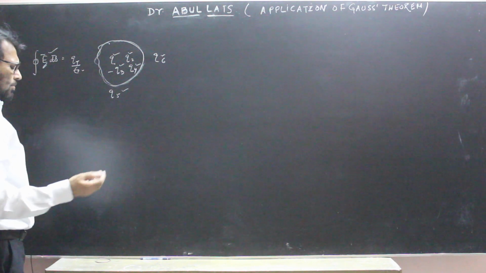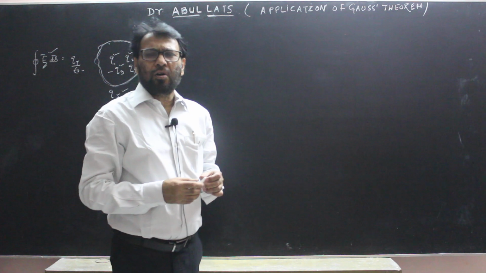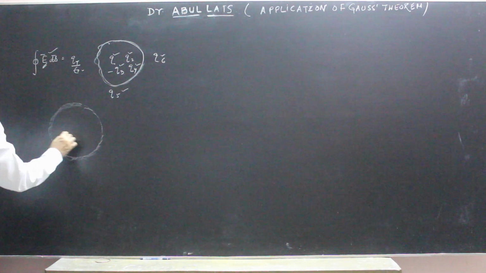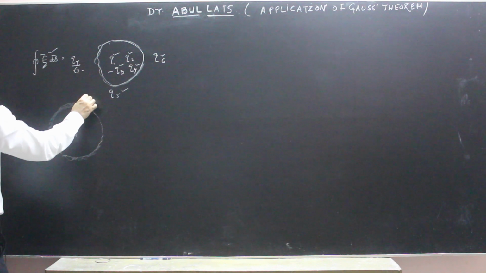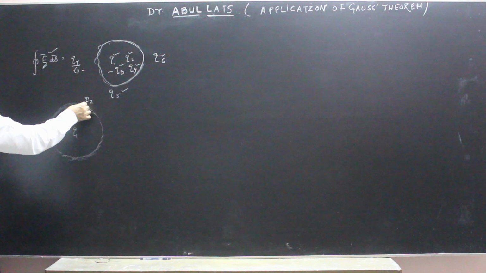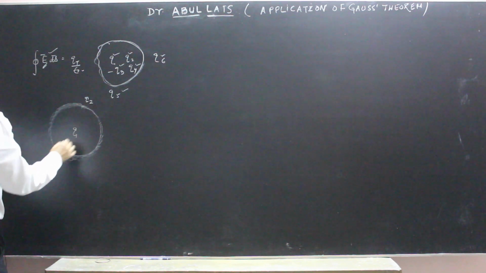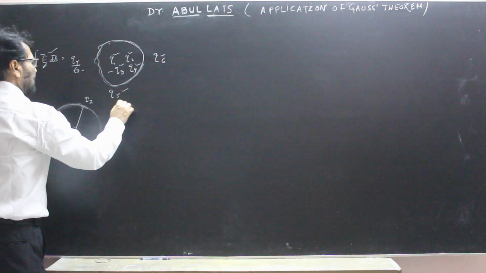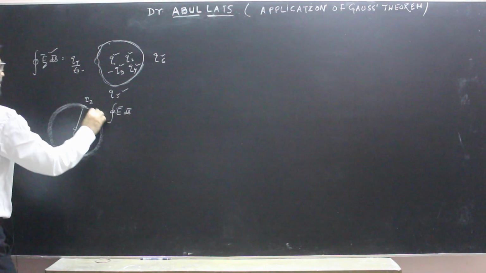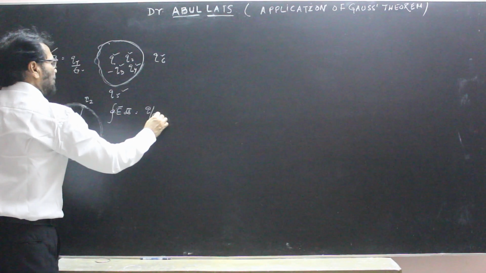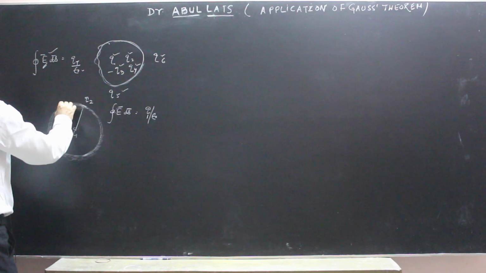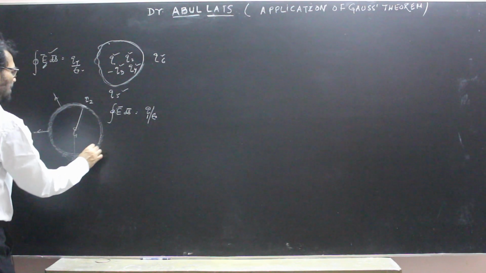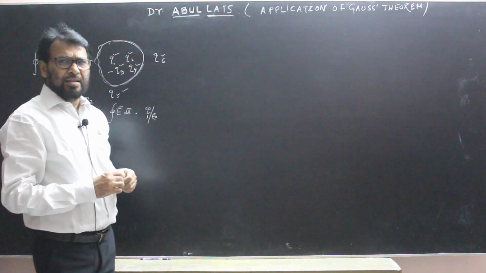Now we can have so many uses of Gauss's theorem। मैंने Gauss's theorem की मदद से कूलम्स लॉ को डिराइव किया था ऐसे कि सपोज दिस इज योर चार्ज Q1 and at this point there is a charge Q2। Now we take a spherical Gaussian surface and apply Gauss's theorem, and the Gauss's theorem is E dot ds at this spherical surface is Q1 by epsilon naught। So here the electric field is directed radially outward, and due to a spherical symmetry the value of electric field at the surface of a sphere is constant।